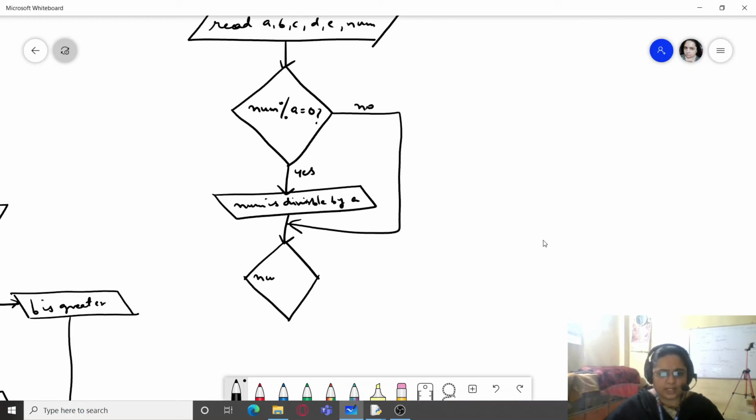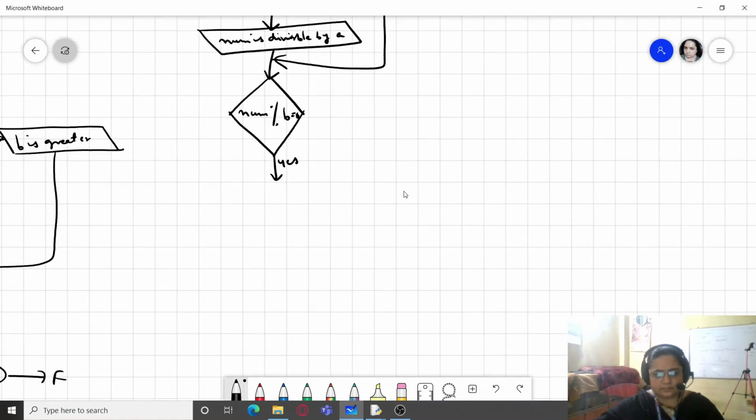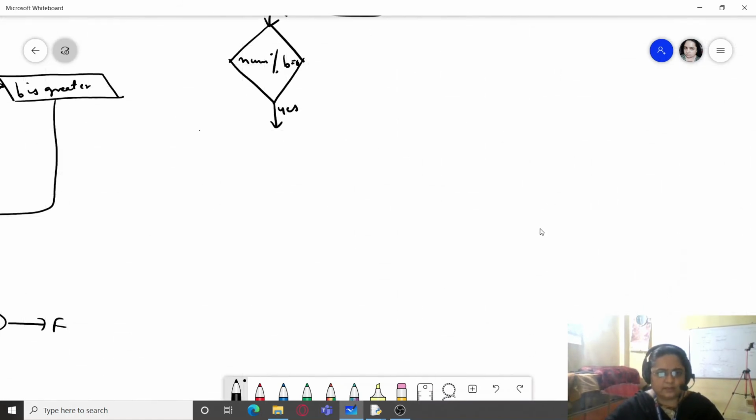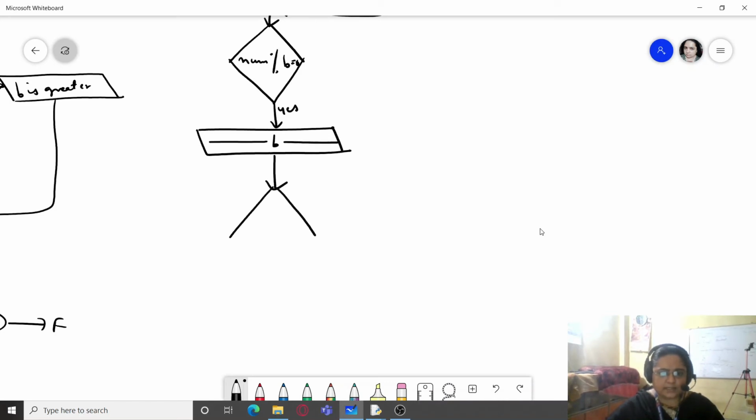So we will now check, is num divisible by B? If it is yes, then we will simply write, I'm just writing it like this, divisible by B. Okay, and move on to the next. And if this is false, then also move on to the next. And the next one is num divisible by C.